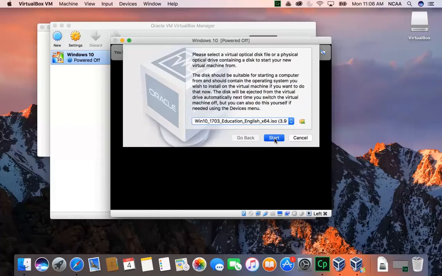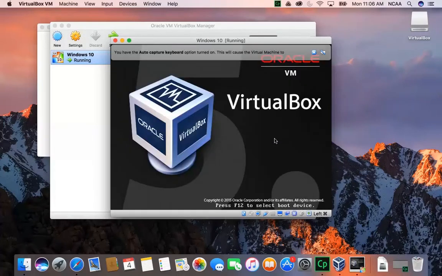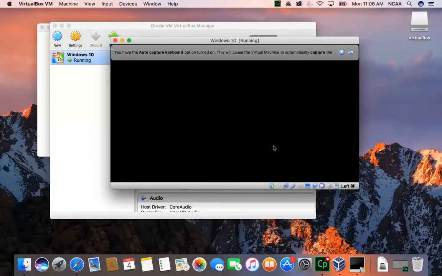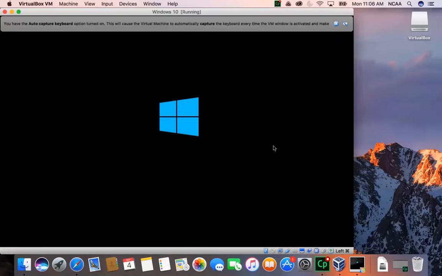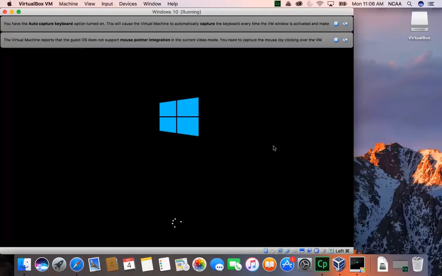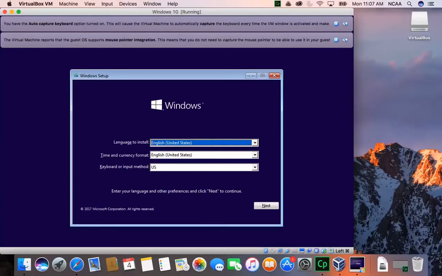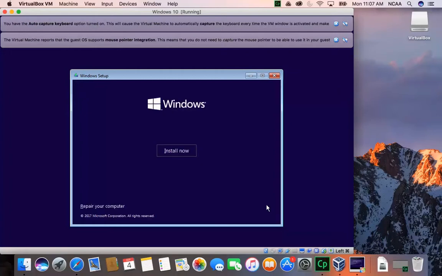And then here you would click start. This will start your VirtualBox. Basically, it's starting up the computer and loading that Windows disk. So from now on, we're basically going through the regular standard procedures on how to install Windows, like if we were doing it on a Windows machine. So go ahead, answer these questions. Most likely, these will be the default settings and the settings that you will keep. Then you would go ahead and click Install Now,